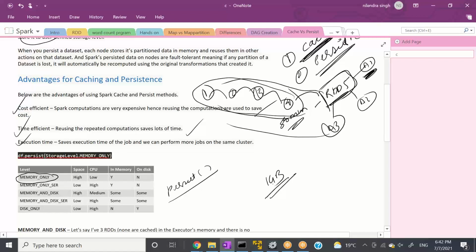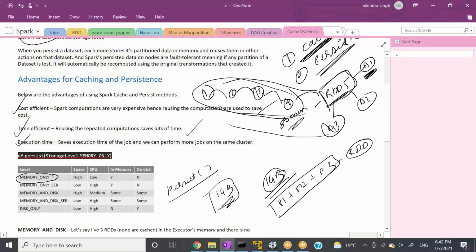Now the most important thing, let's say we have an RDD of 1 gig. It means the partitions of this particular RDD sum up to 1 gig. Obviously an RDD is a set of partitions and these partitions sum up to 1 gig. But let's say I have one laptop which has 1 gig of RAM, and since my operating system and different kinds of stuff are running, 900 MB is remaining, right?